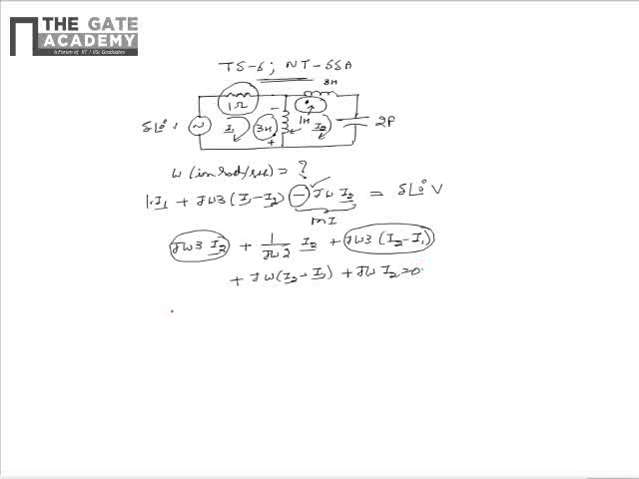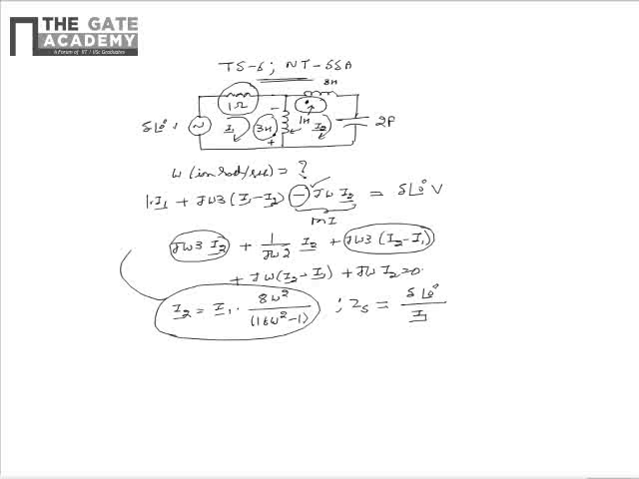Upon simplifying this, we see that I2 phasor is equal to I1 phasor multiplied by 8 omega square divided by 16 omega square minus 1. And we also know that ZS, that is the impedance as seen from the source, is equal to 5 at a phase of 0 degrees divided by I1. Upon substituting for I2 in equation 1, we see that